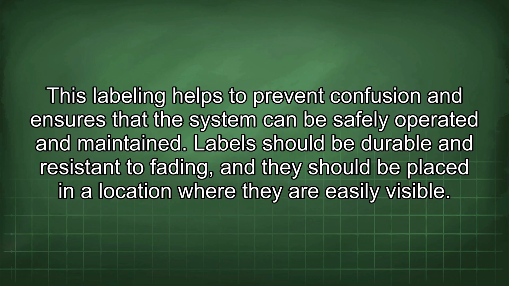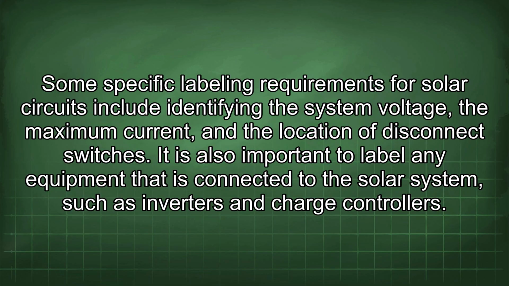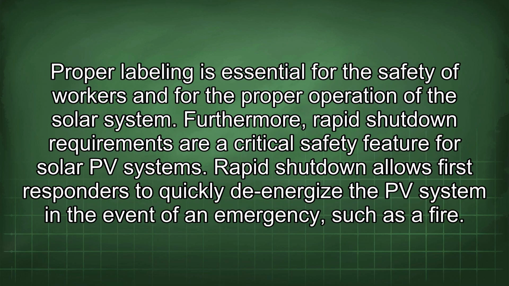Labels should be durable and resistant to fading, and they should be placed in a location where they are easily visible. Some specific labeling requirements for solar circuits include identifying the system voltage, the maximum current, and the location of disconnect switches. It is also important to label any equipment that is connected to the solar system, such as inverters and charge controllers. Proper labeling is essential for the safety of workers and for the proper operation of the solar